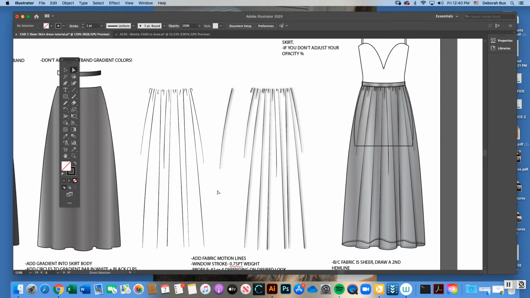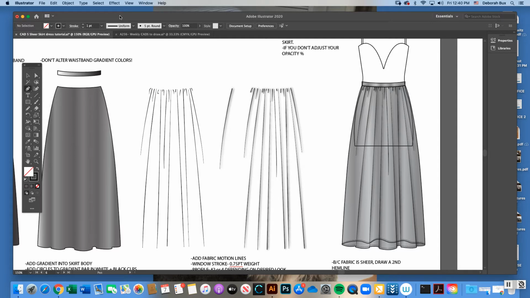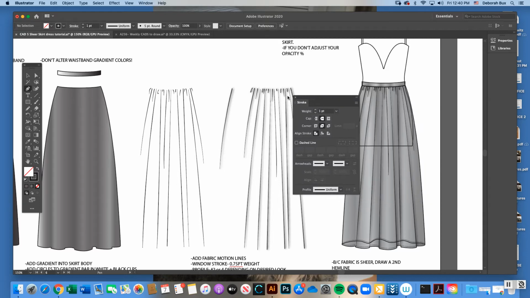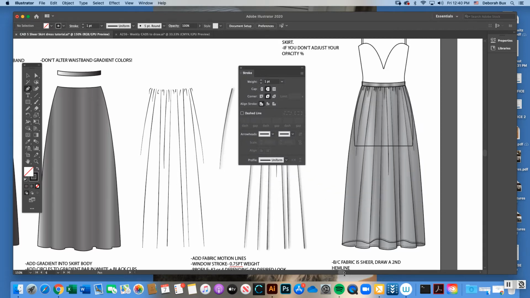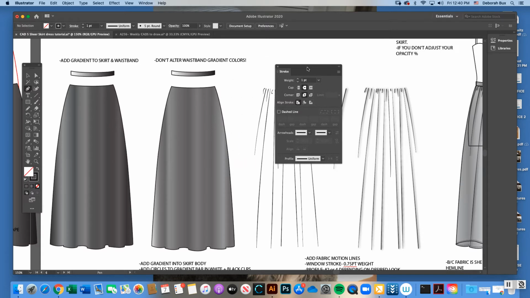So that's where we're adding these fabric motion lines and these little gathered lines at the waistband. In order to do that, I'm actually going to use the pen tool. We're going to open up Windows Stroke, and this is just all to add extra dimension to our skirt. Windows Stroke, make sure your full box is extended. And we're going to just draw some stroke lines